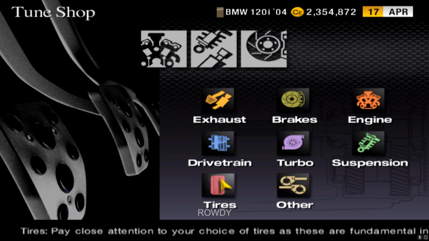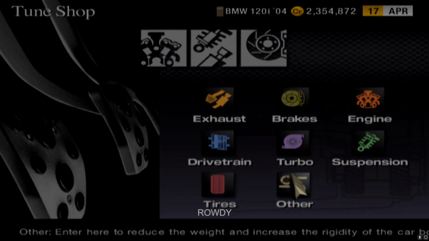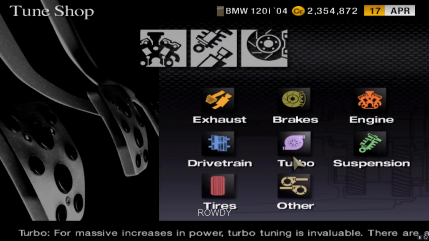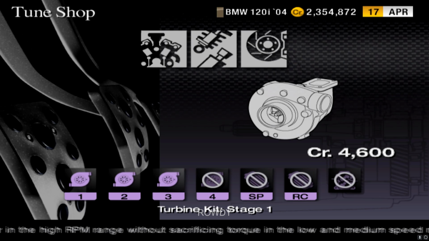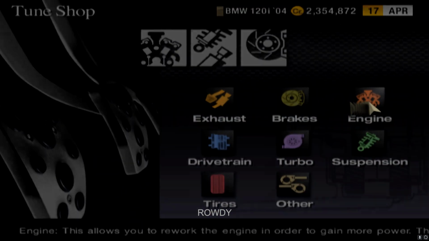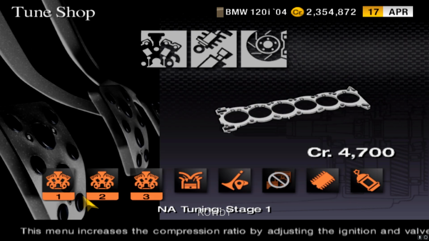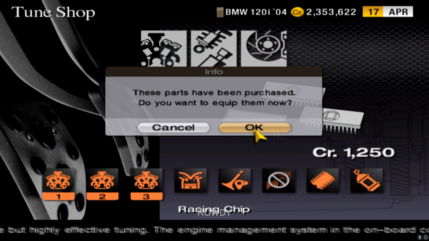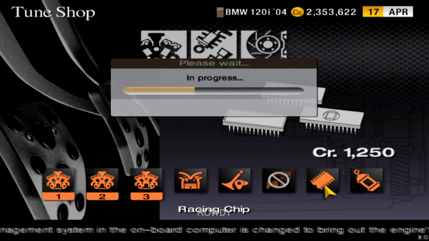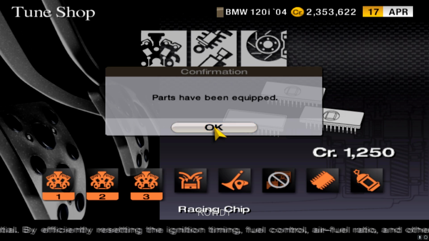And I don't think I'll need upgrades for this, but I want to scan through them anyways, just in case. That might be a little too much. I can't revert. NA tune-up, so...